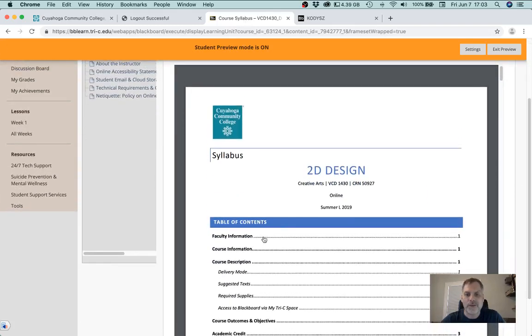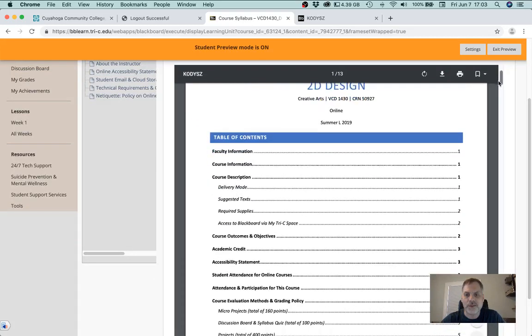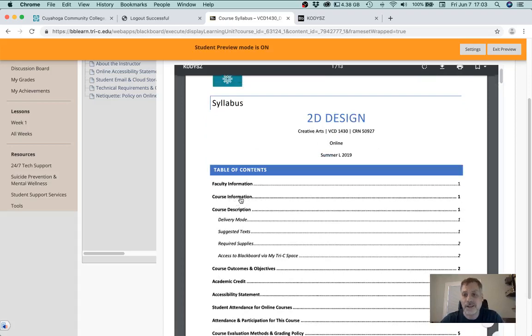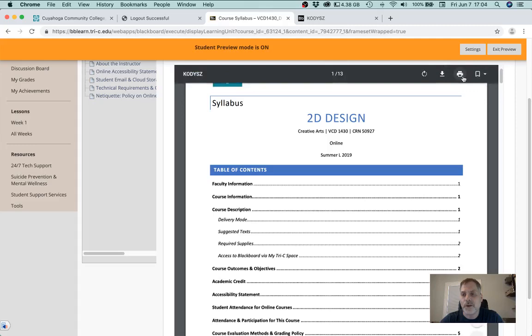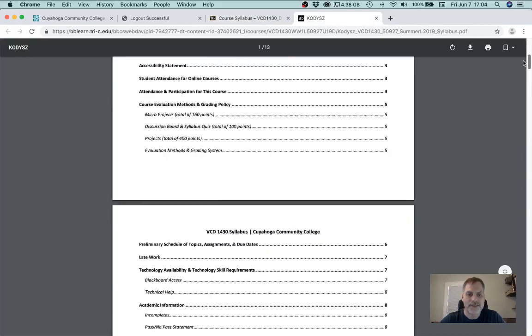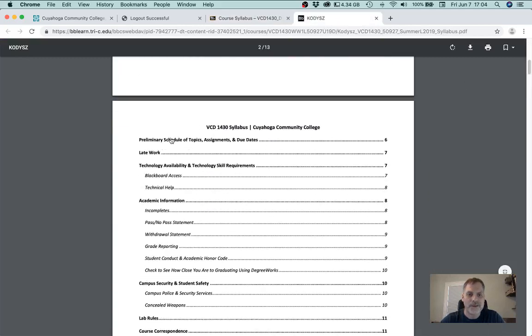Either way, you can view the entire syllabus online. You can click on these items for the table of contents. All the links will work. You can also bookmark, print, or download the table of contents either in the Blackboard window or in a separate window. I'm going to the separate window because it's a little bit easier to see,